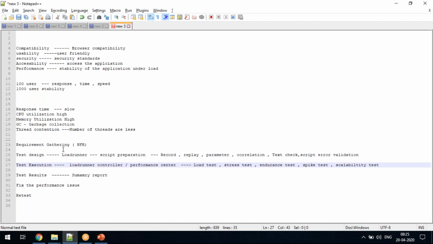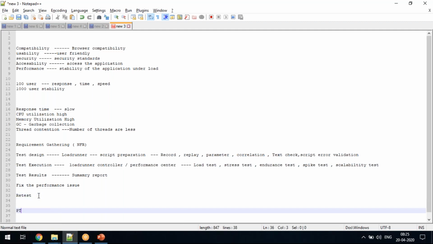In any interview, guys, they will definitely ask this question. If you are going for a fresher interview, they will ask what is PTLC, the performance testing life cycle. At that time you can answer them with all these examples: what will you do in each and every stage? Requirement gathering, what will you do? Test design, what will you do? Execution, result reporting, and what activities in each stage. Okay, clear, guys, with this PTLC?